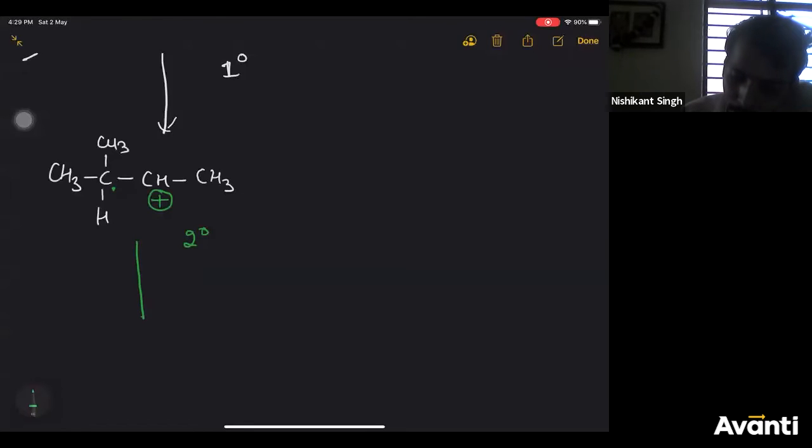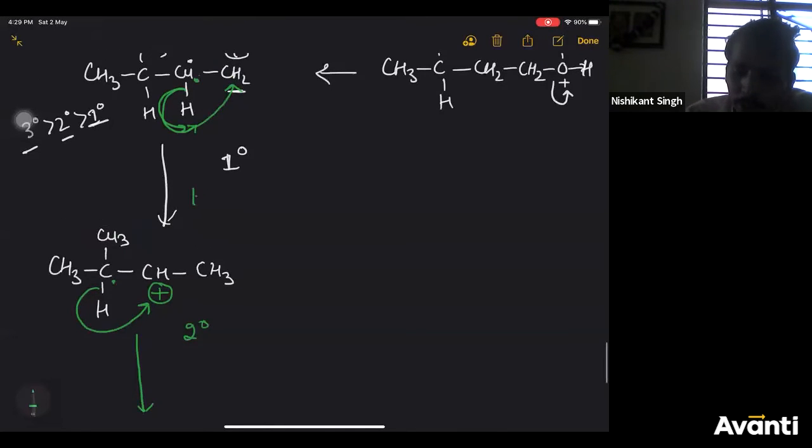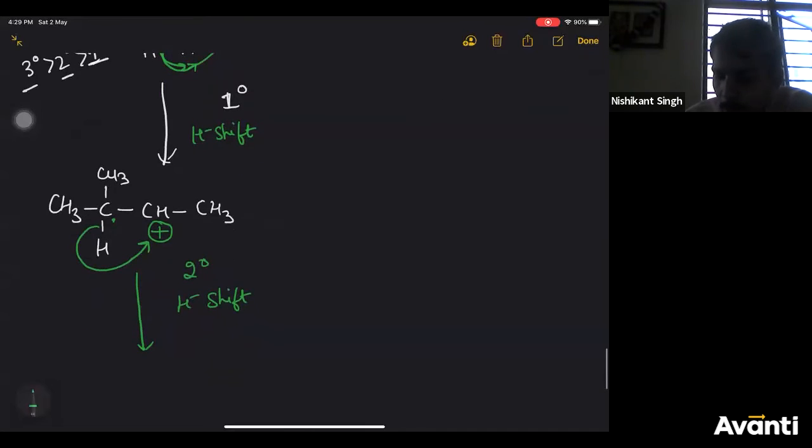So what will happen in next step? In next step, another CH bond will migrate like this. H minus will migrate like this. This is what we are doing. H minus is shifting. So you say it is hydride shift. This is also hydride shift. So when you do that, what you'll get is